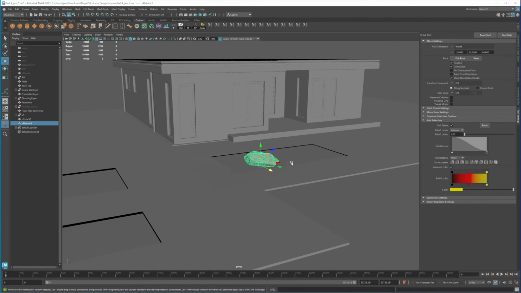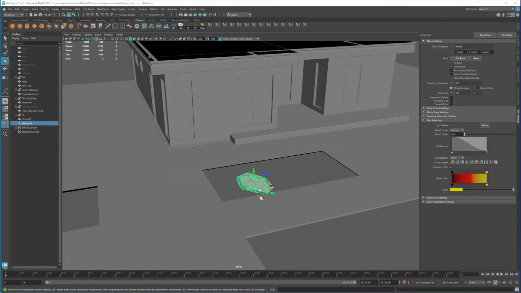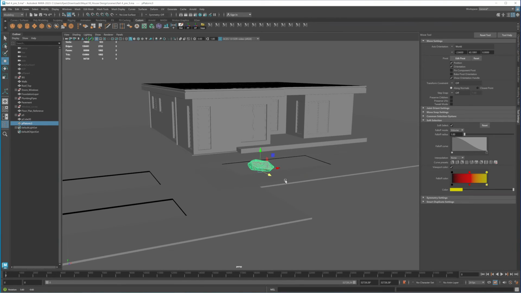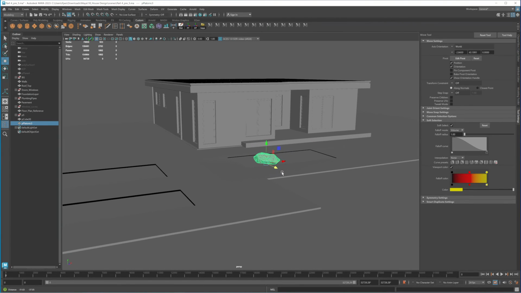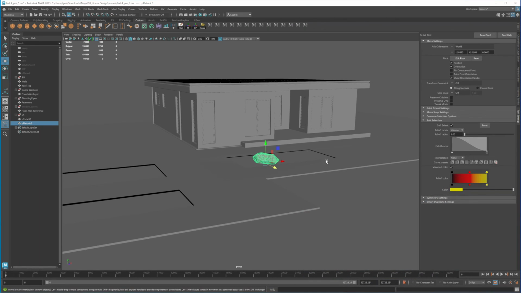Okay, so I don't want to duplicate mine right now because I don't want to have my scene heavy. Maybe in the next lesson we'll start building some of this furniture, maybe some of them right here. Okay, so we will continue in the next lesson.